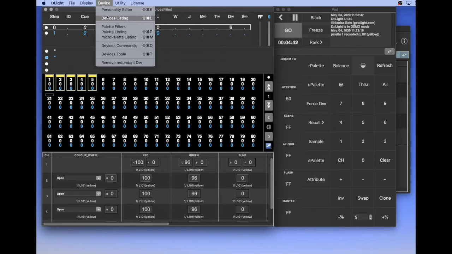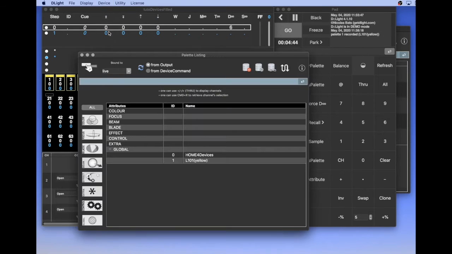Thanks to the device palette listing menu, I can see that my palette 1 is a global palette.